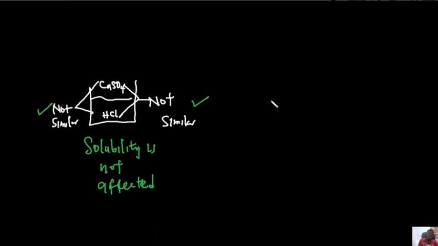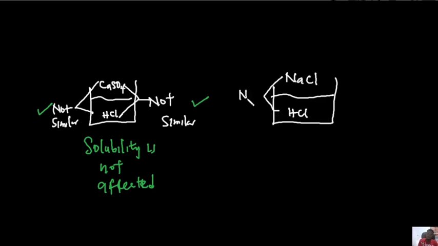Now, in a situation where, for instance, I have hydrochloric acid or HCl as an impurity inside water, and I am trying to dissolve NaCl. Notice something. The cations, not similar. So no problem here. But when you consider the anions, you will notice that Cl and Cl, similar. And once the ions are similar between the impurity and the solute, automatically it means that it will reduce the solubility